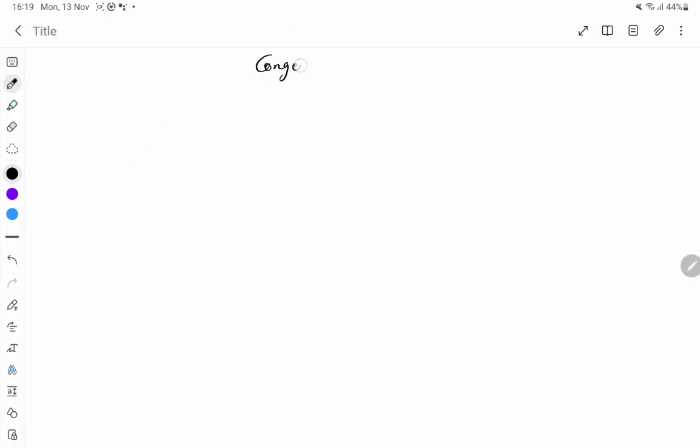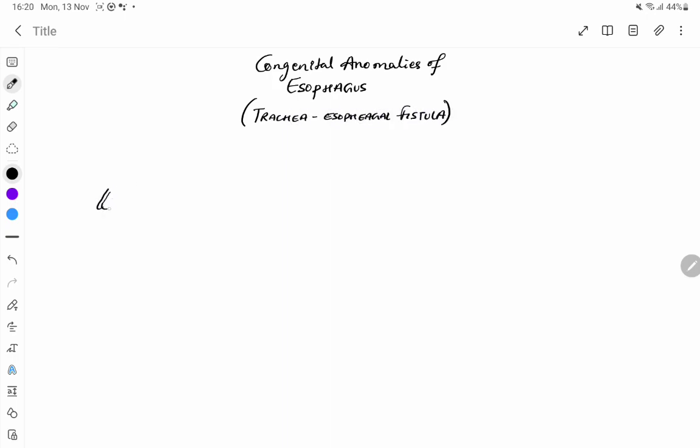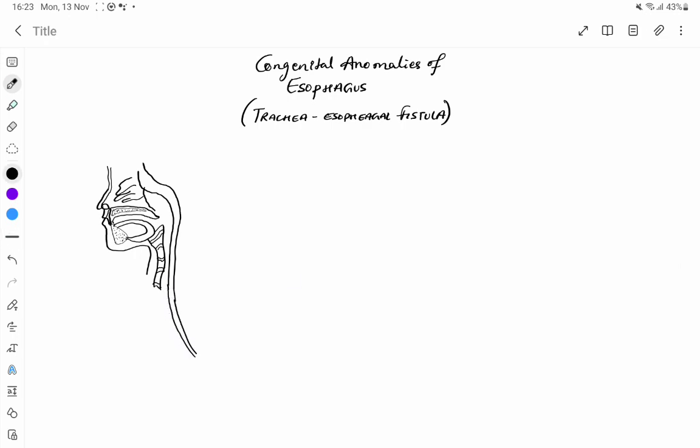Hello everyone, in this video we will talk about the congenital anomalies of tracheoesophageal fistula, which is the anomaly of the esophagus. In this image, as you can clearly see, I'll show you the normal relationship between the esophagus and the trachea, and moving on we will discuss what will happen in TEF condition, which is an abbreviation for tracheoesophageal fistula. So here this is the upper esophageal sphincter, and this is the lower esophageal sphincter here,